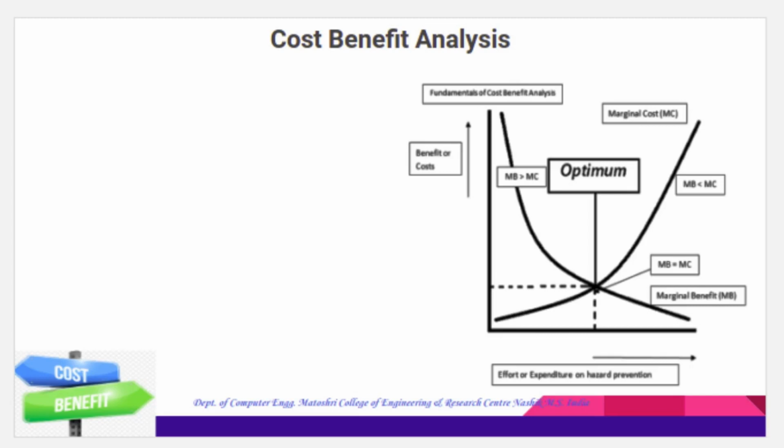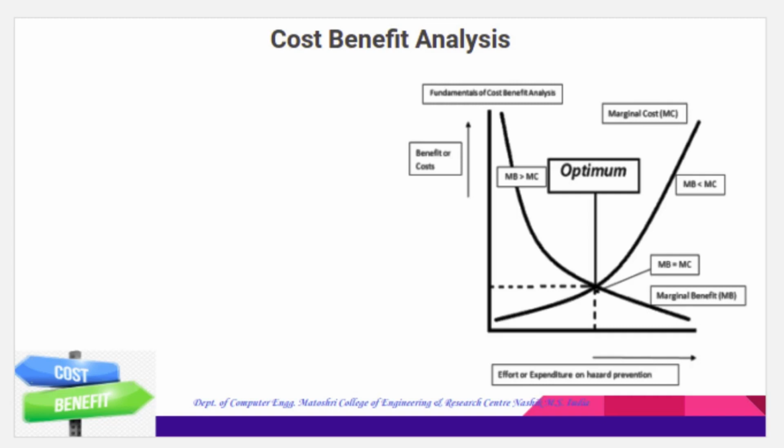So before building a new plant or taking on a new project, a wise manager conducts a cost benefit analysis to evaluate all the potential cost and revenue that a company might generate from the project. The outcome of the analysis will determine whether the project is financially feasible or if the company should pursue another project. So it is one more approach for estimating alternatives, and that is cost benefit analysis, extensively used in economics and resource management.